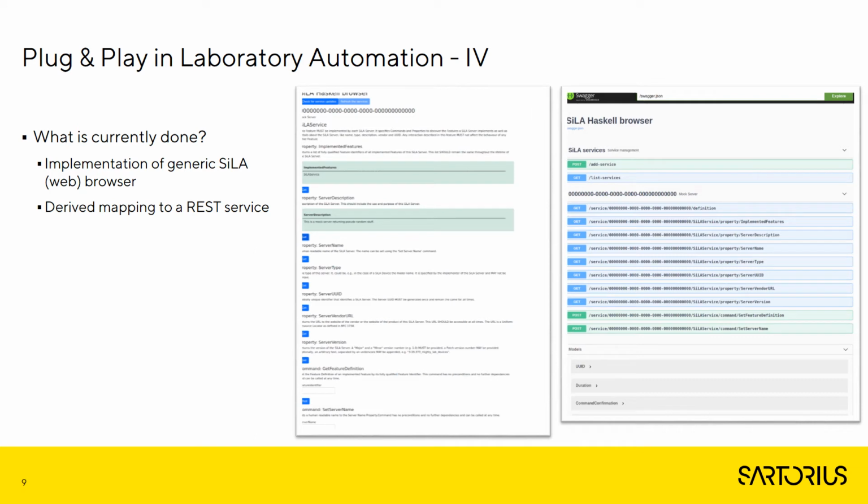On top of these functionalities, we have set up a generic SiLA 2 browser, which is able to show and trigger all devices and their corresponding features. This further includes all available information present in the SiLA 2 feature definition, such as maximum or minimum values. Furthermore, all feature entries, including properties and commands, are automatically mapped to REST endpoints, which allows further adoption into a variety of platforms, such as standard business intelligence tools. A next step would also include the implementation of a data standard to reach true end-to-end integration.